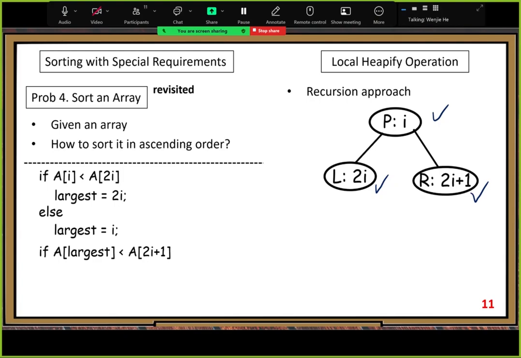Because this temporary variable should hold the index of the previous larger one, the larger one between the parent node and left child node. The index points to the larger value in the parent node and the left child node. So then, if that value, A of largest, is less than A of 2i plus 1, the right child value,